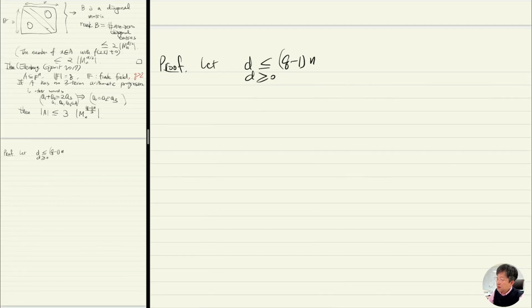And we will define a vector space V. So define V as the subspace of S_{n,d}, which is the space of polynomials of degree at most d, where each x_i has exponent at most q minus 1, so this is spanned by m_d, right? Anyway, a subspace of that